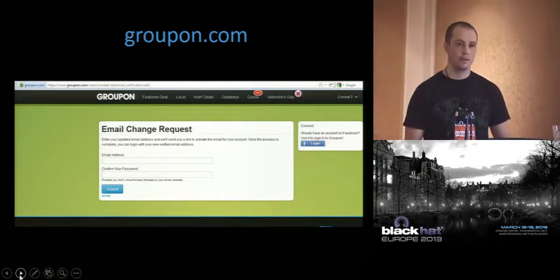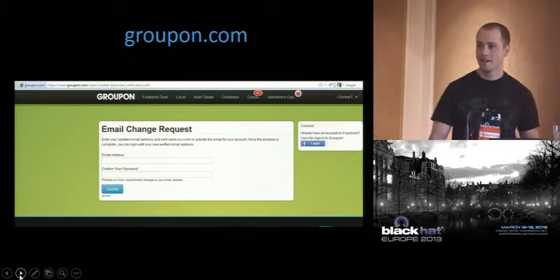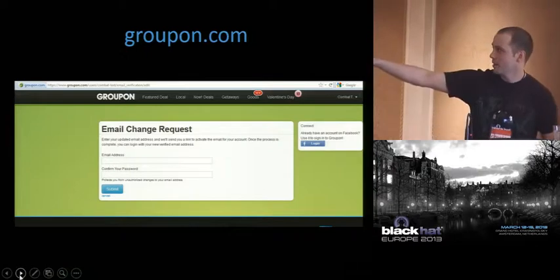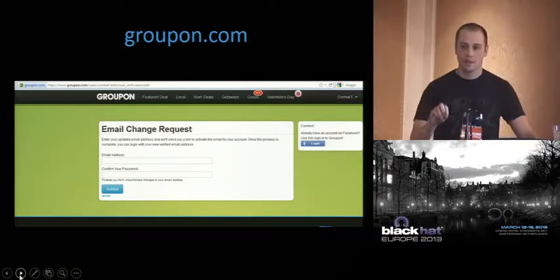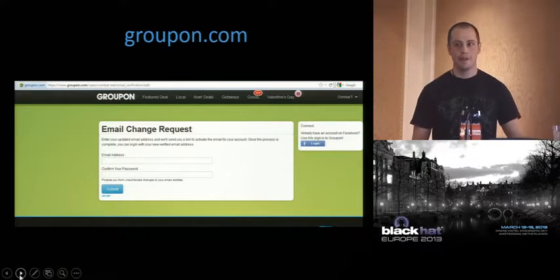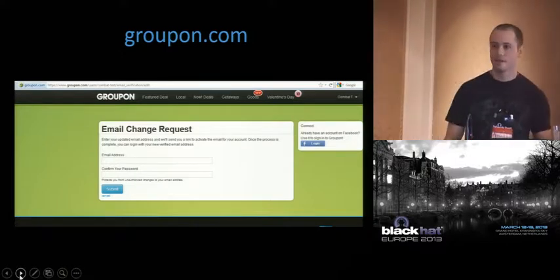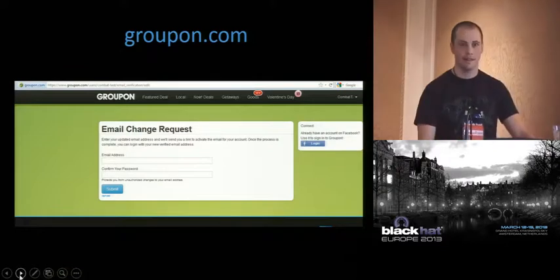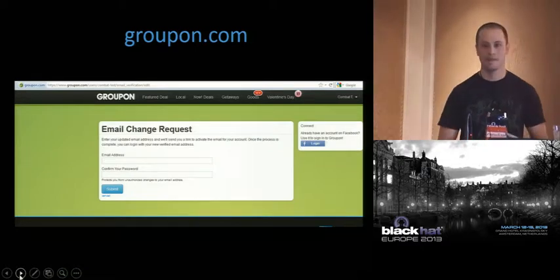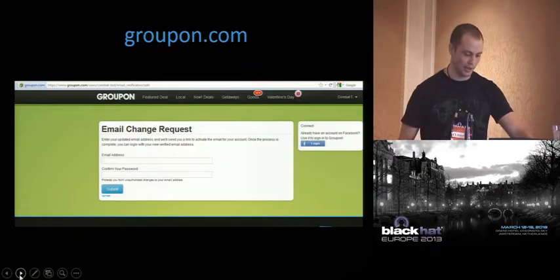If we want to change our password, most sites make you enter in your old password. But one thing that most sites don't do, in fact, every single site I checked did not do this, was, if you want to connect with your Facebook account, you just click that button. All right, so what does that mean? That means if we find cross-site scripting in any of these sites, then you don't need to re-enter your password. You just can associate it with Facebook and own it like that. So yeah, I shouldn't say all the sites I test. Every single site I tested except for Flickr. So Flickr makes you enter in your password. Good job, Flickr.